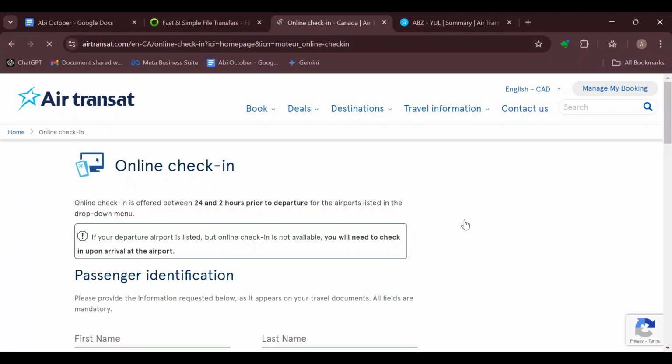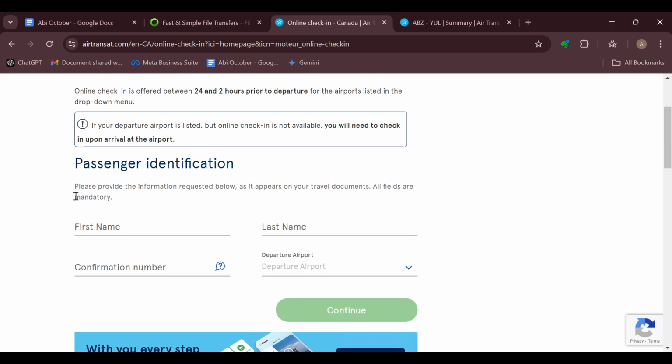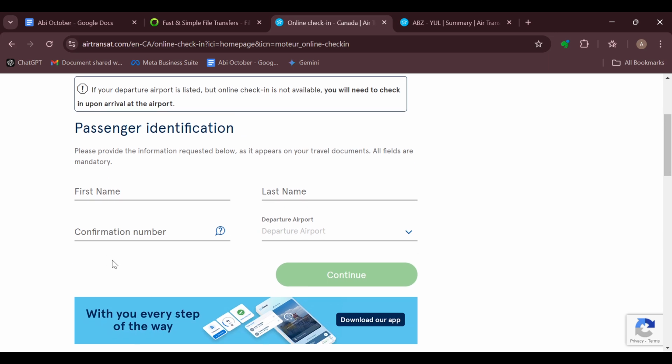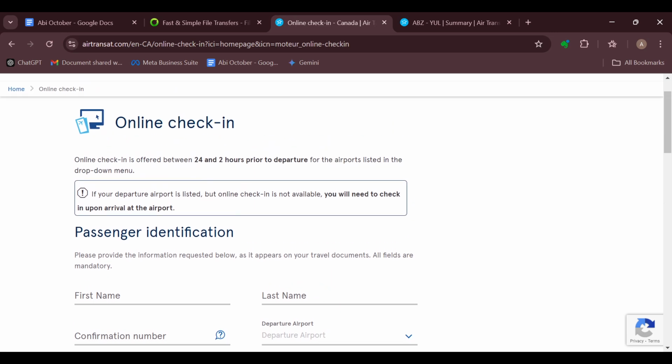So on this page, you'll be asked to identify yourself as a passenger by entering in your first name, your last name, your confirmation number that will be sent to you after you've made payment for the flight and then your departure airport as well. Then you click on continue. So by clicking on continue, you'll be taken to your flight page where you'd see all the details about your